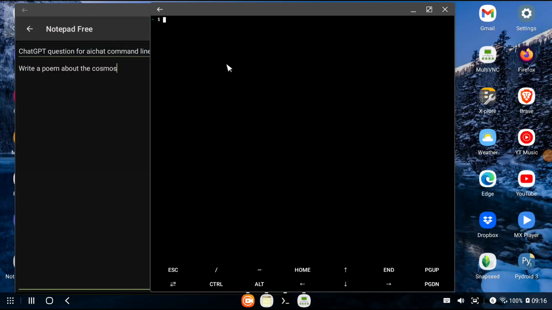Alright, we're going to do ChatGPT from the command line. I'm using Termux right now. The name of the app is aichat. Now when you install it, you'll have to install it, package install aichat, and then you'll have to go to